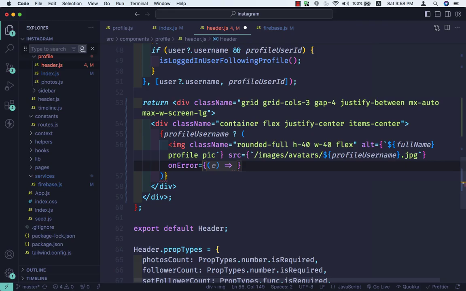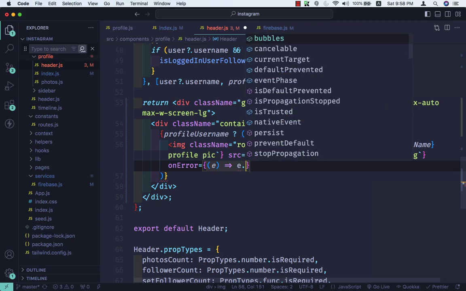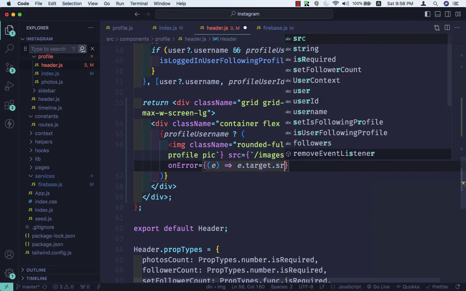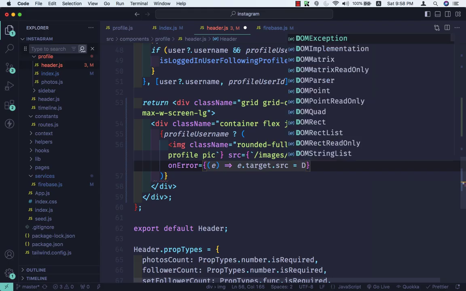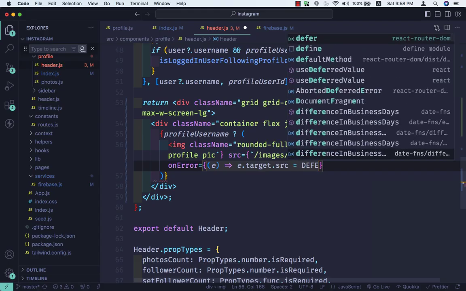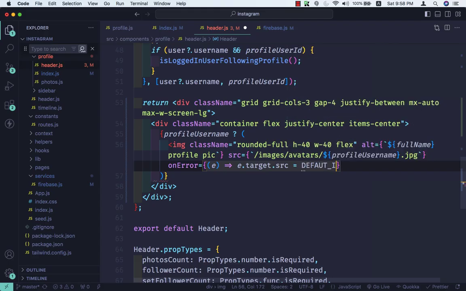So we'll pass an event, and here we can say e dot target dot source that is equal to, now this variable we need to create. So default underscore image underscore path. Okay, this we will create, and here I'm going to close the image tag,